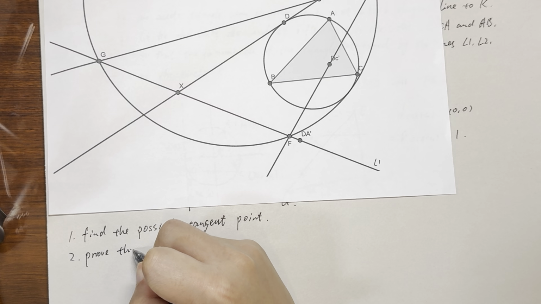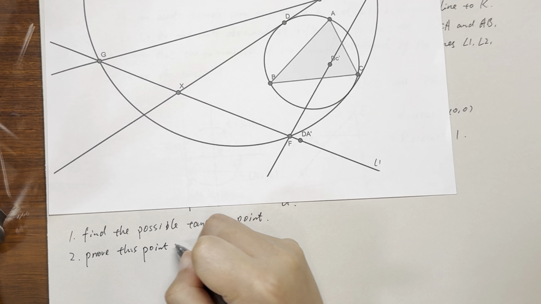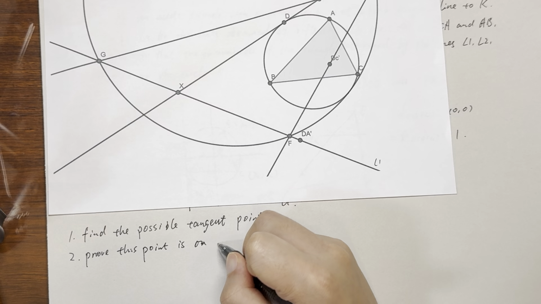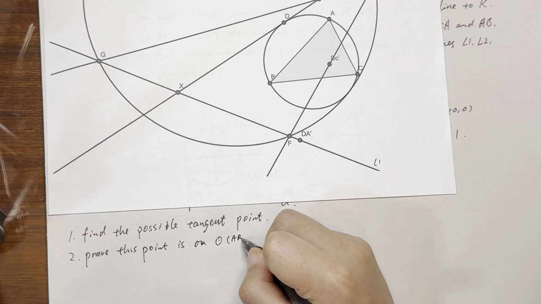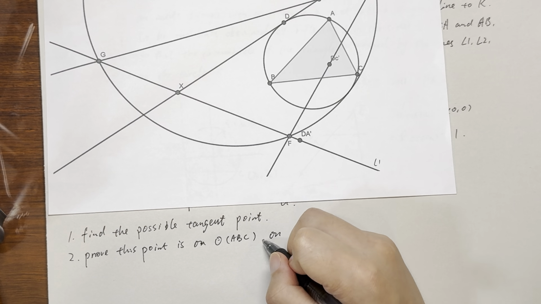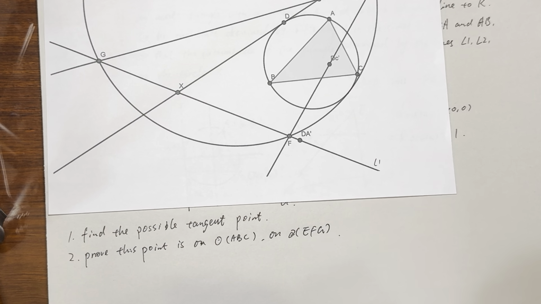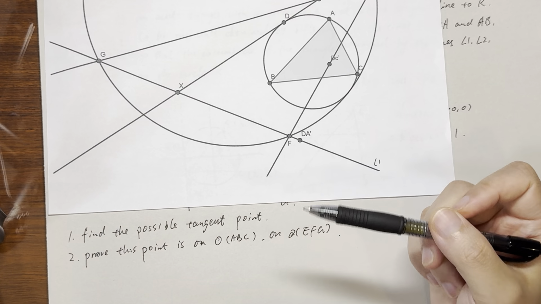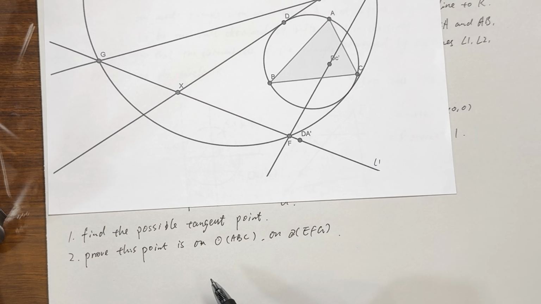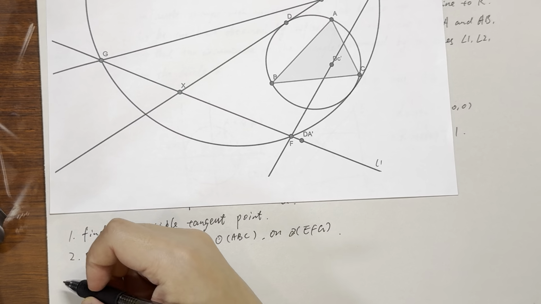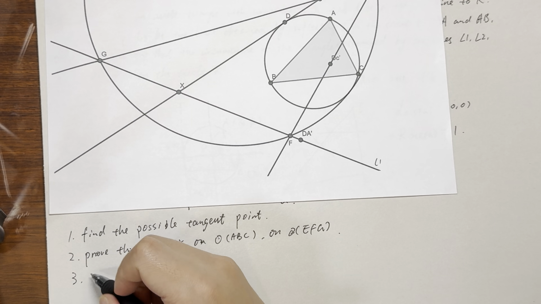this point is on the circle ABC and also on circle EFG, right? Basically, we find a possible tangent point, and if we can prove that this point is on the circle ABC and on the circle EFG, at least it's an intersection point for the two circles, right? And then the third part is that we just need to prove